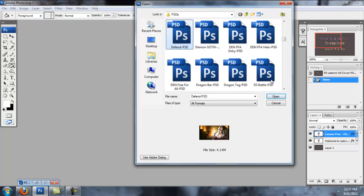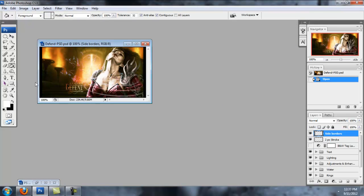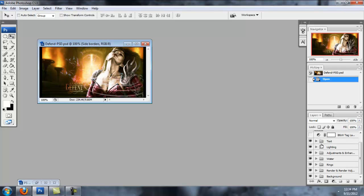There's one. Alright, like for this one, as you can see, the text is blended pretty well, and this is one where I used a clipping mask for the text. First I typed out the text how I wanted it. Defend would be the main text. And I did some Japanese letters up here, and then I put my name, Lady Vantress, underneath, real small, all in white. And then I just added the clipping mask, part of the tag itself. And how you do that